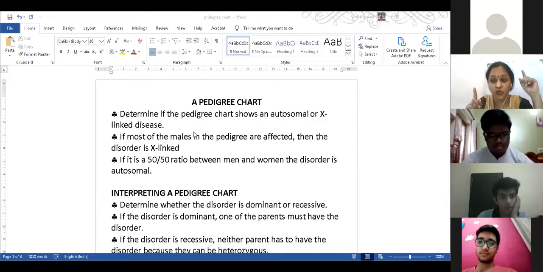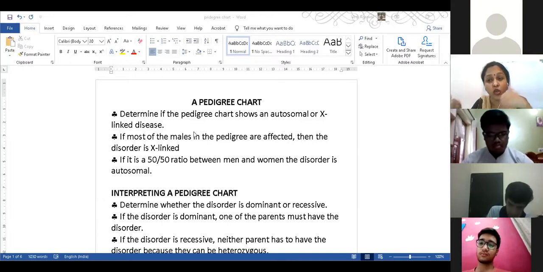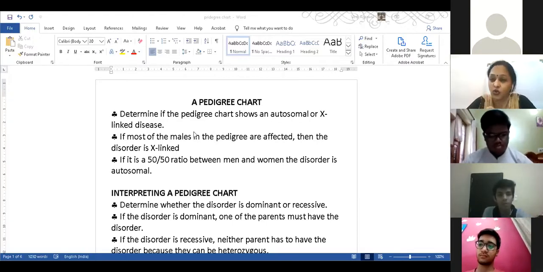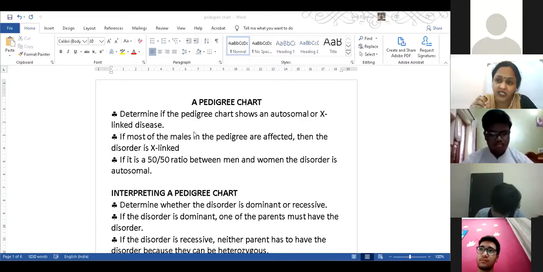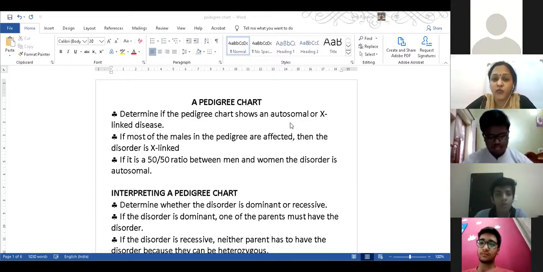The first step you must do is to find out, because we'll be studying the diseases, the chromosomal diseases, the Mendelian disorders and the non-Mendelian disorders. And then we will come to know that these disorders can be classified into 2 categories. First is X-linked and second is autosomal traits. Okay, so first in a pedigree chart, you must try to find out whether the disease is an autosomal disease, that is, the gene for that disease is carried by the autosomes, or the gene for that disease is present on the X chromosome. Fine. So you have to find out whether it is an autosomal or X-linked disease.